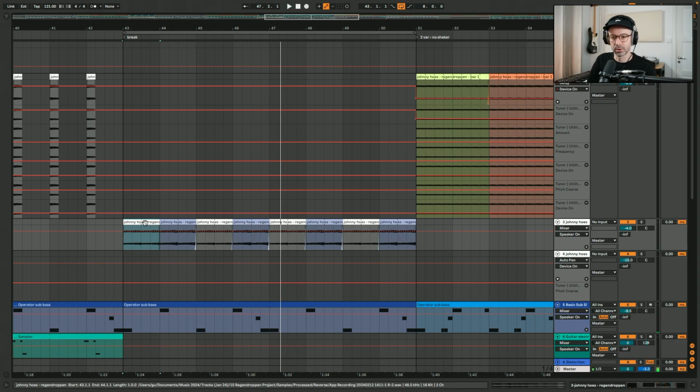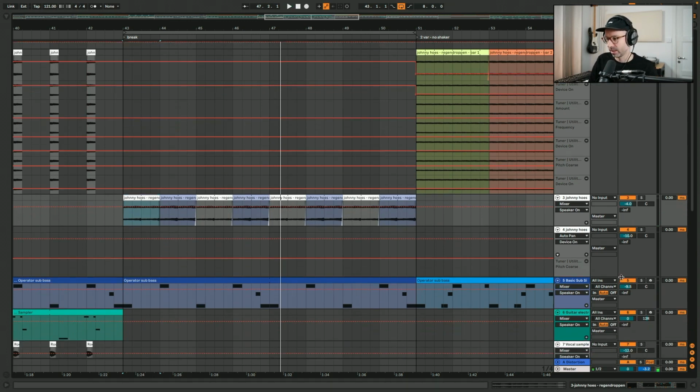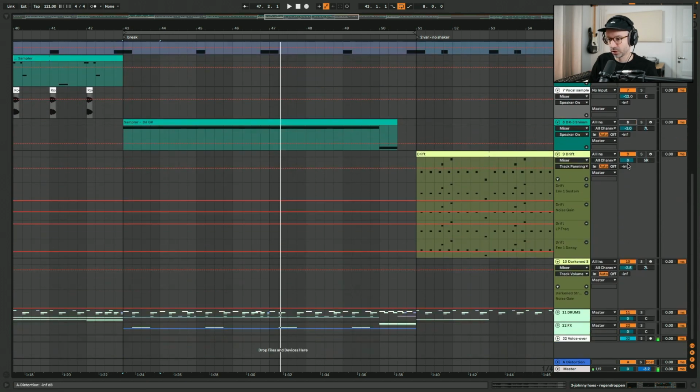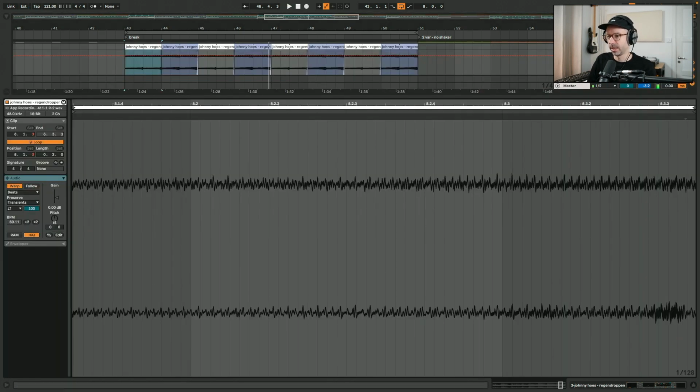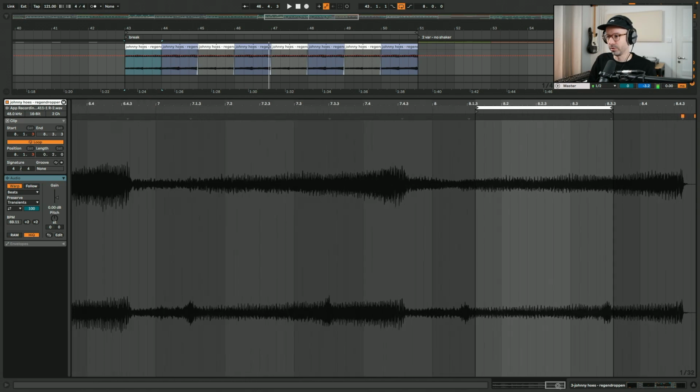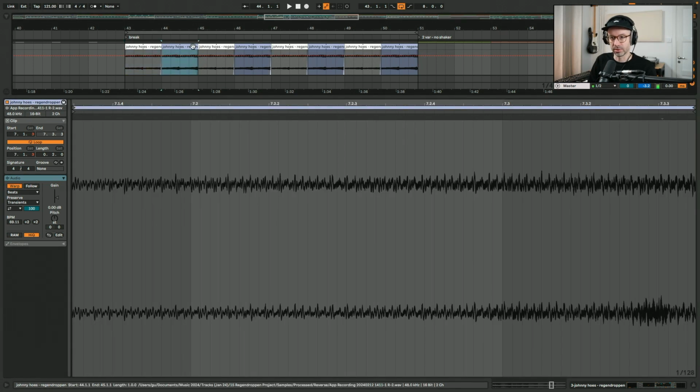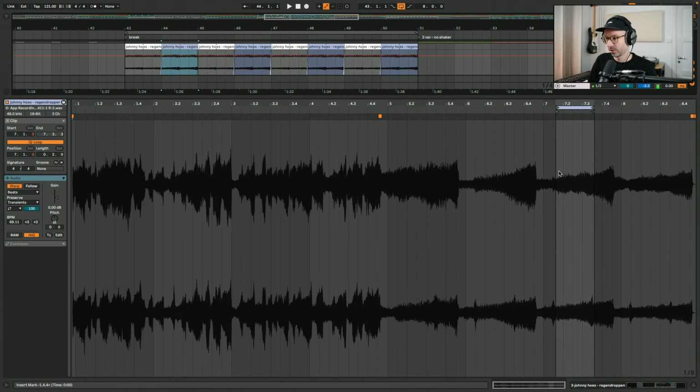So as you can hear already, the sample is reversed. So if I switch off all the other layers, it sounds like this. And what I did here is that for the first bar, I used the first bar of the sample, but in reverse. And I use half a bar. And then the second bar here is the second bar of the sample in reverse,